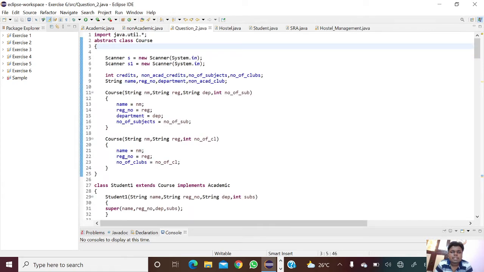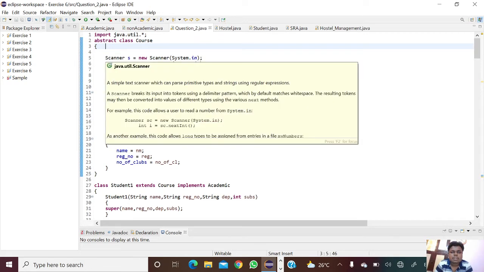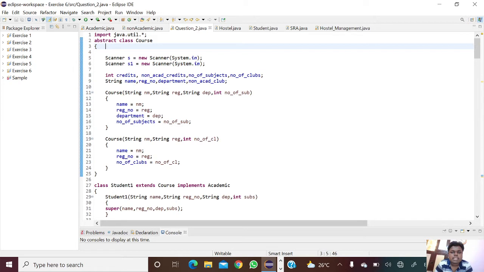Next, we're going to create an abstract class, Course. Next, we're using a Scanner: Scanner s equal to new Scanner of System.in, and Scanner s1 equal to new Scanner of System.in. Next, we're using int variables for credits, non-academic credits, number of subjects and number of clubs, and strings for name, register number, department, and non-academic clubs.